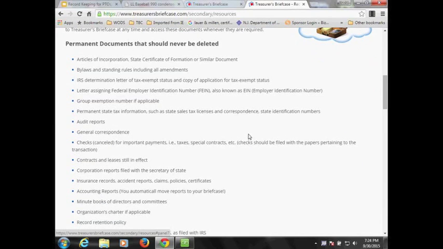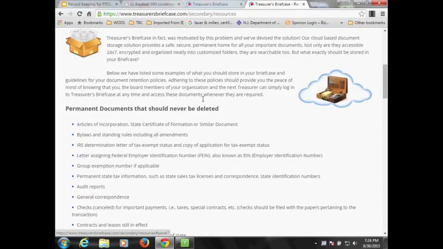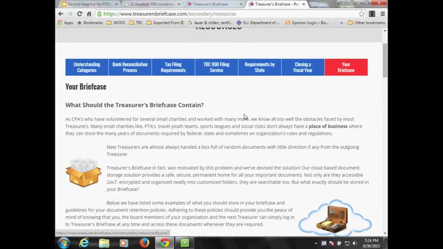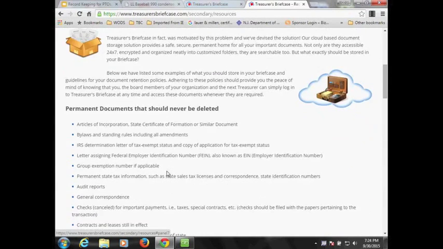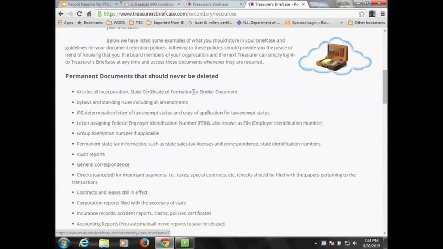But for reference purposes, you need to know what you should be keeping and what you don't need to keep. We have a list on the Treasurer's Briefcase website, again, under the resource section, under Your Briefcase. It lists all the permanent documents you should keep. Clearly, you're going to keep your articles of incorporation, your bylaws, and most importantly, your determination letter from the IRS that proves you're a legal tax-exempt organization, federal ID number information, and all the important documents